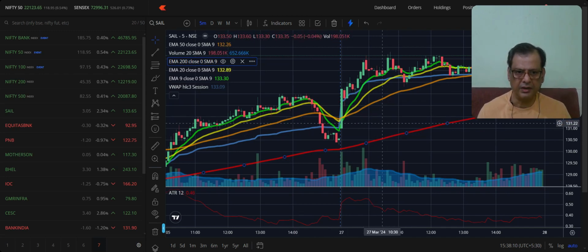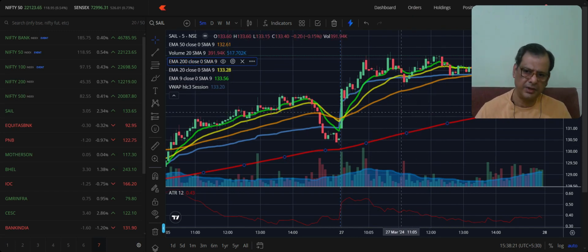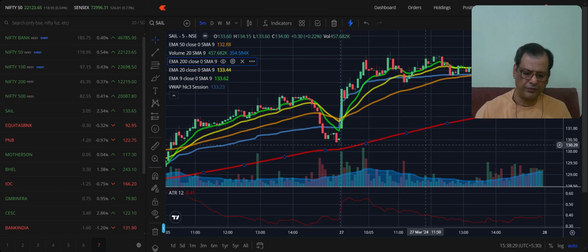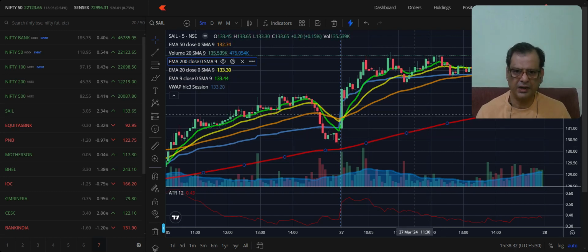Would I take an intraday trade here? Now, this tool is zeroed up, and I am on the 5-minute time frame. This chart is the 2.0 beta version of TradingView. We had one earlier, so this is 2, it's beta, and you can see that you have a slightly different